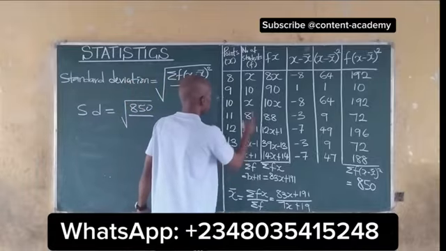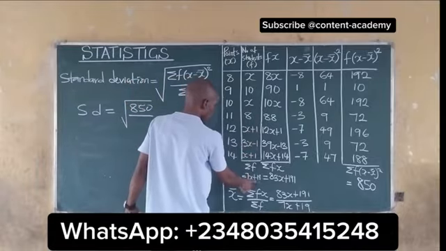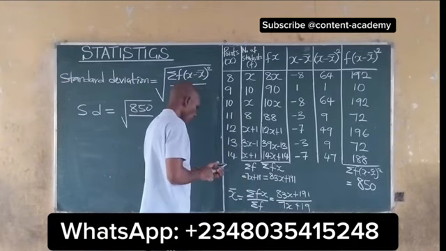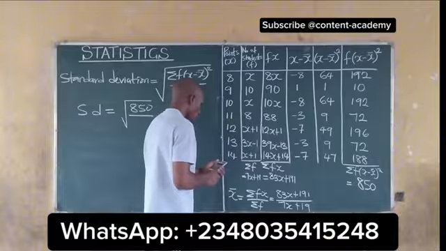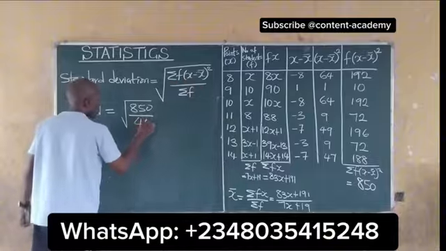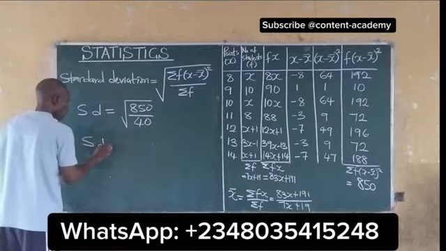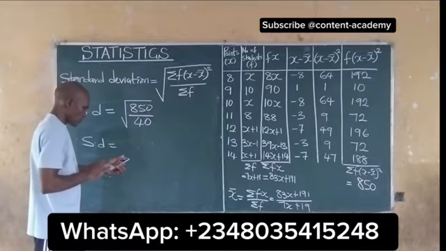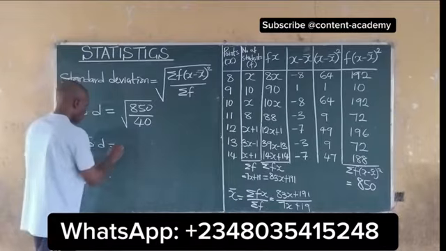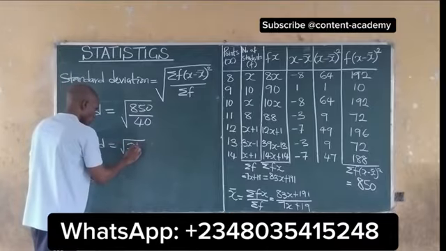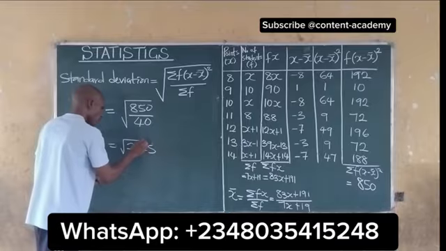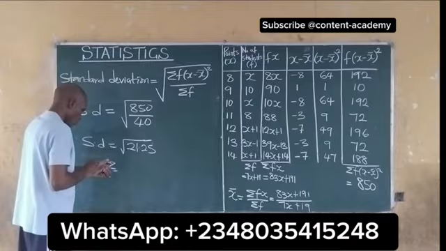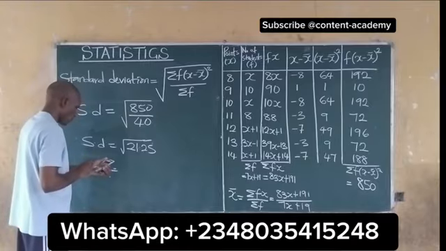We have summation of f to be 7x plus 19, which is 7 multiplied by 3 plus 19, which is 40. So our standard deviation will be equal to 850 divided by 40, which is equal to 21.25. So our SD will be equal to square root of 21.25,